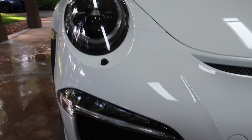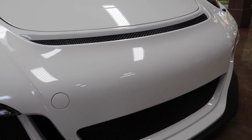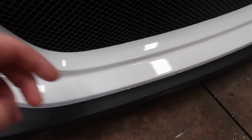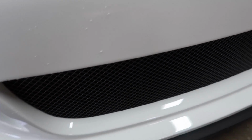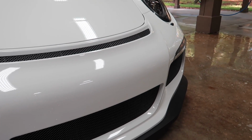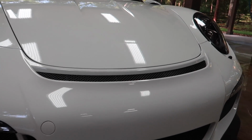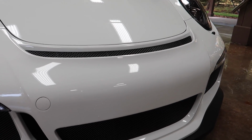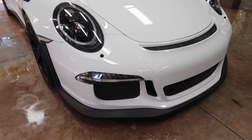And you know, all those bugs that were here all largely came off. There's a little bit of, no, that's just a little chip on the PPF. So everything is pretty much clean. I'm sure if I wipe my hand on it, we'll find a little bit of remnants of bugs. But I'll just clean that up here in a second with just a normal wipe down with a microfiber towel